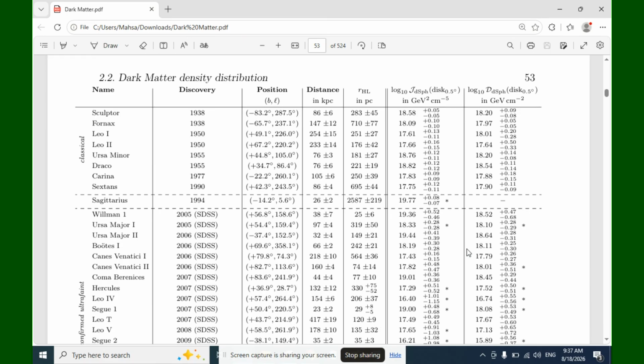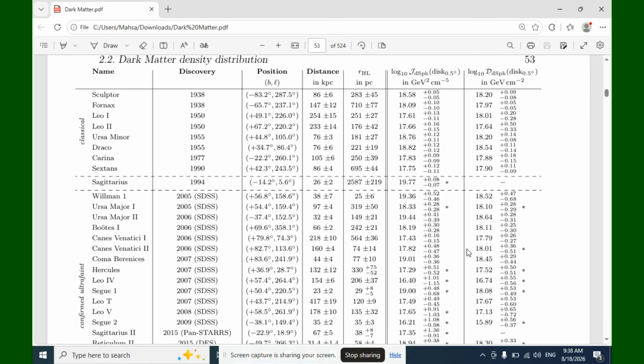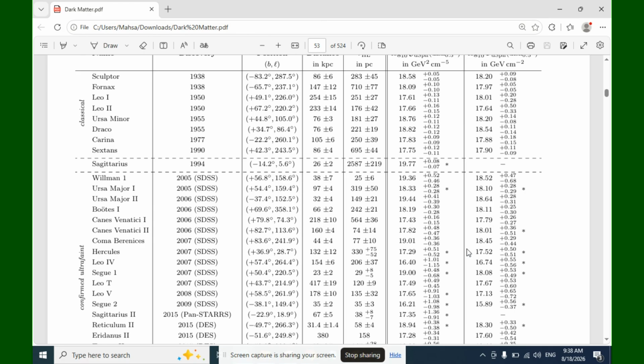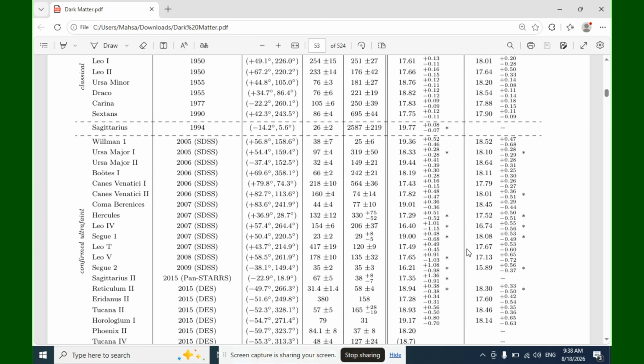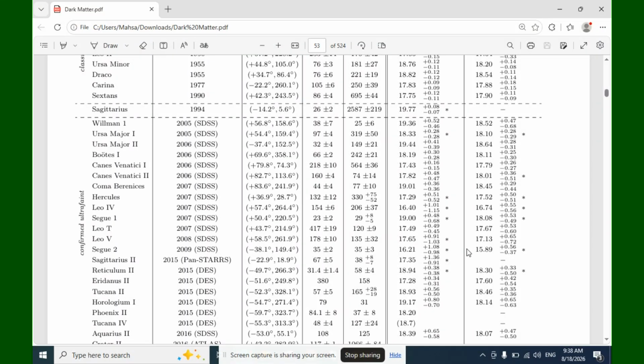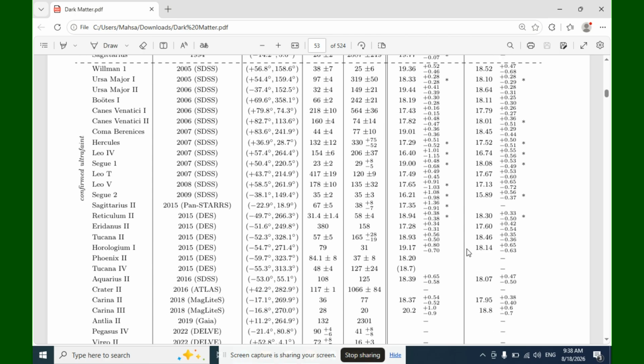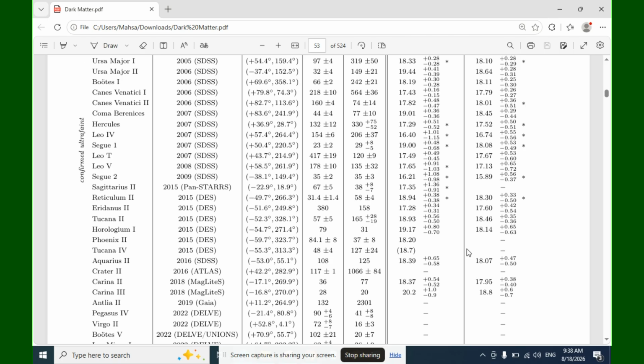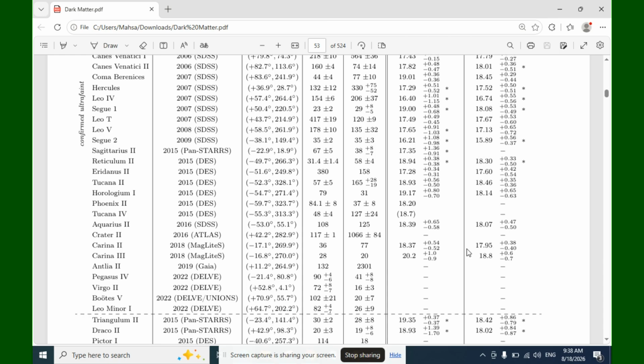Wheelman 1, Ursa Major 1, Ursa Major 2, 2001 and 6, Bootes 1, Canes Venatici 1 and 2, and Coma Berenices, Hercules, Leo 4, Segue 1, Leo T, Leo V, and Segue 2, Sagittarius 2, Reticulum 2, Eridanus 2, Tucana 2, Horologium 1, and Phoenix 2, Tucana 4, Aquarius 2, Crater 2, Carina 2, Carina 3, Antlia 2, Pegasus 4, and Virgo 2,